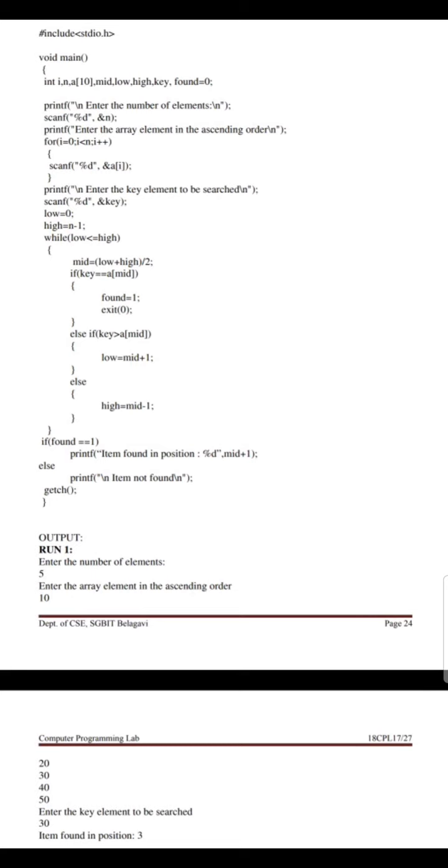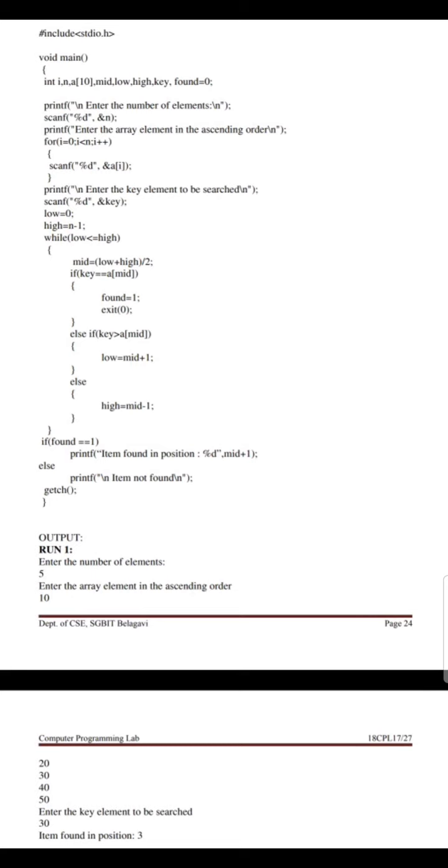My dear students, in the binary search concept, I told you why I am considering low equal to 0 and high equal to n minus 1. So what is the n value? It is 10. 10 minus 1 is 9. So I will check the condition while low is less than or equal to high.